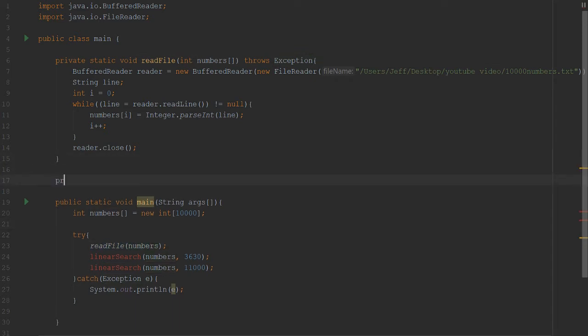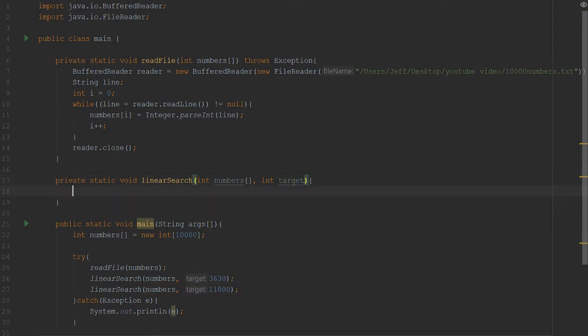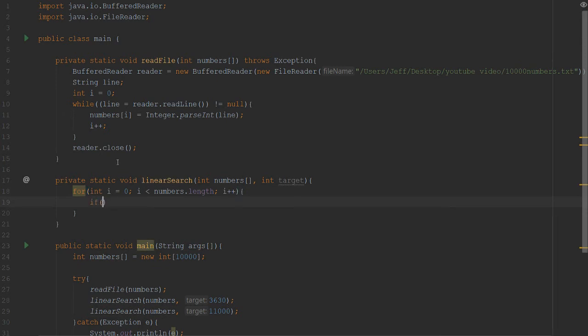We're going to drop right down here. We're going to say private static void linearSearch, and we're going to pass in our numbers array, and then we need our target. Open the brackets, and then we just simply go ahead and loop like we've been doing. i is less than numbers.length, i++, open the brackets, if numbers[i] is equal to the target,